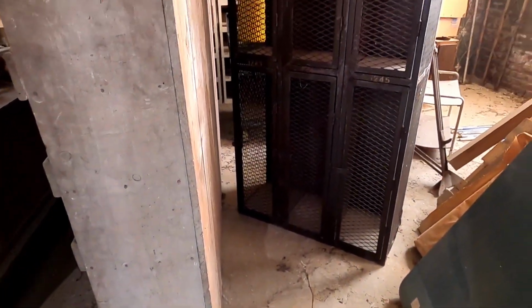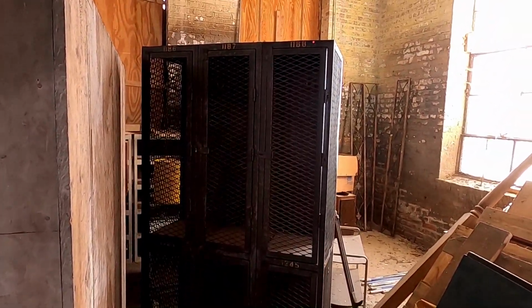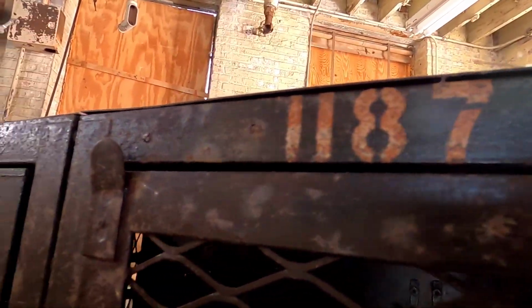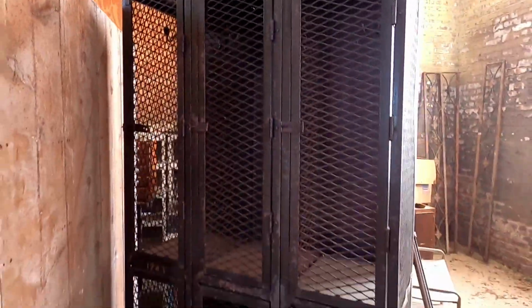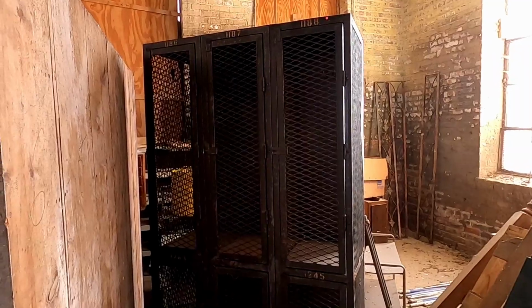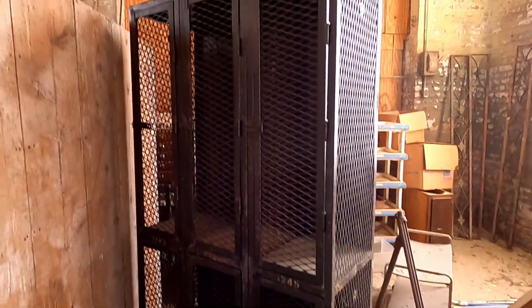Okay, so this is an old industrial set of lockers, and it came from a fire department, actually. The numbers are stenciled in, and the patina on this thing is beautiful. I don't know if you can see it because the window behind it is backlighting it, but it's got that wire mesh in it. Looks super industrial, but super chic as well. Just needs to be cleaned up, and this is really special. I was so excited when I found this,